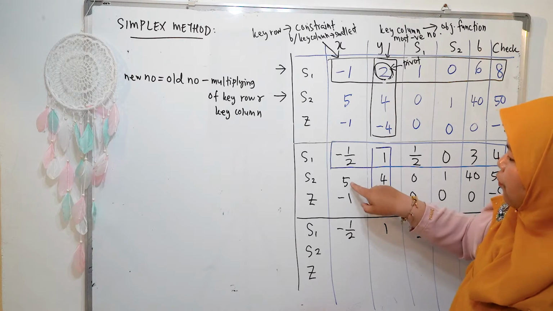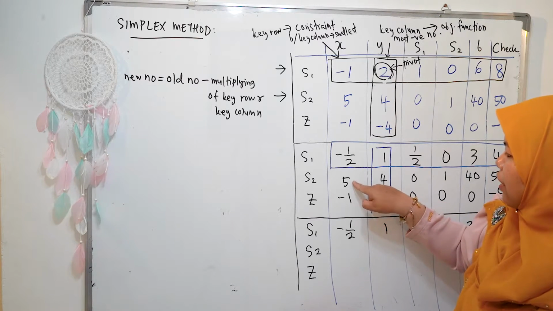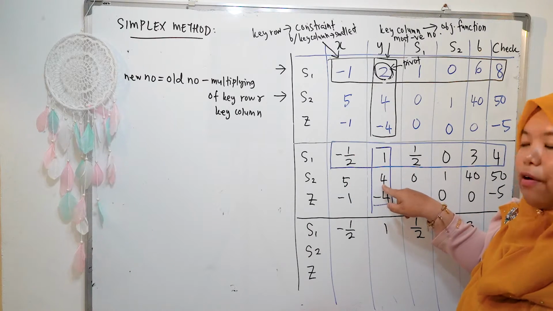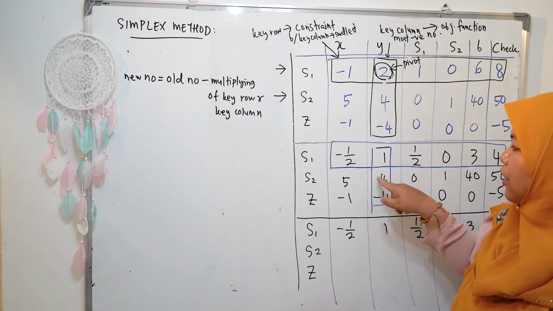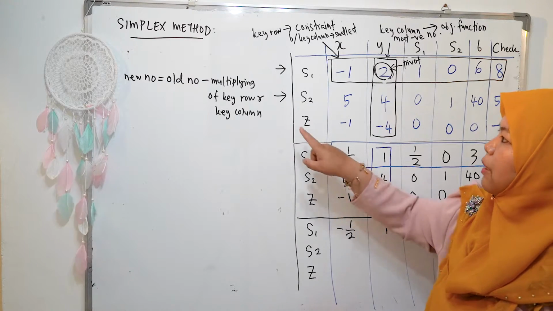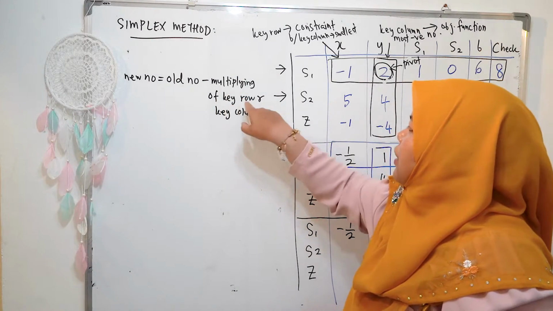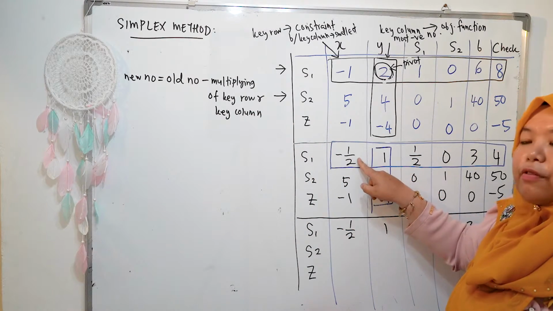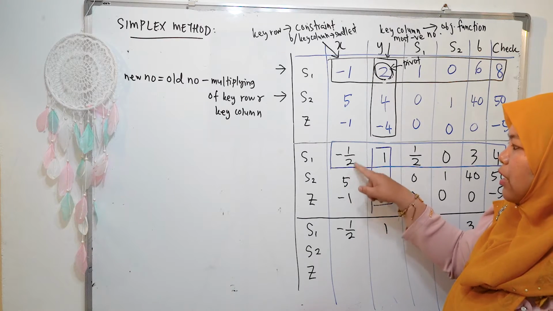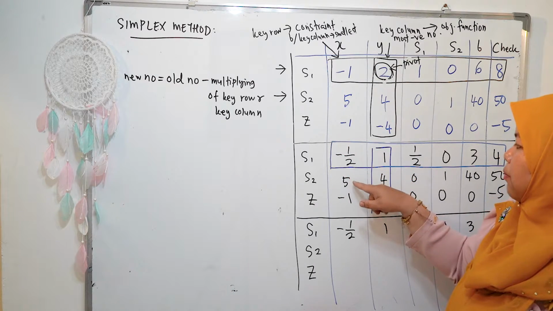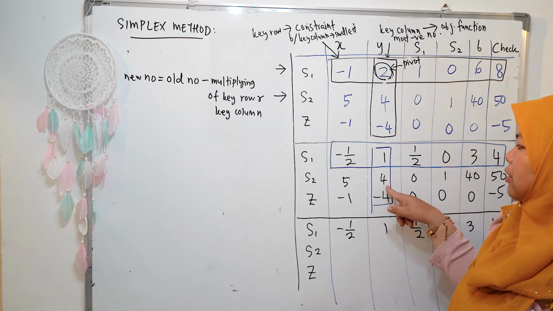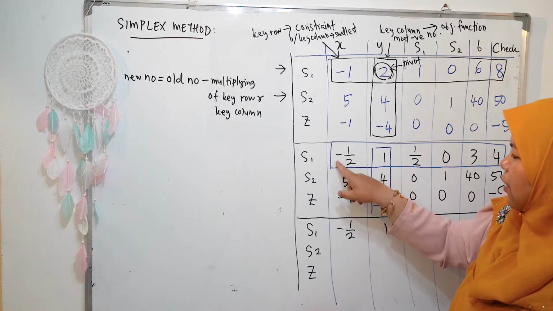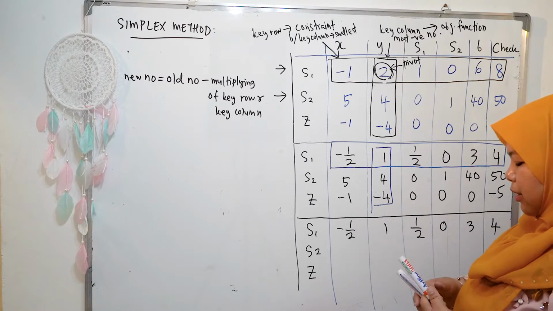Okay, 5 is the all number. 5 minus negative half times 4. Okay, this one is the multiplying of key row and key column. For the key row, negative half has a relation with 5 because it is the same column. 4 because it is the same row. So 5 minus negative half times 4. So we got here